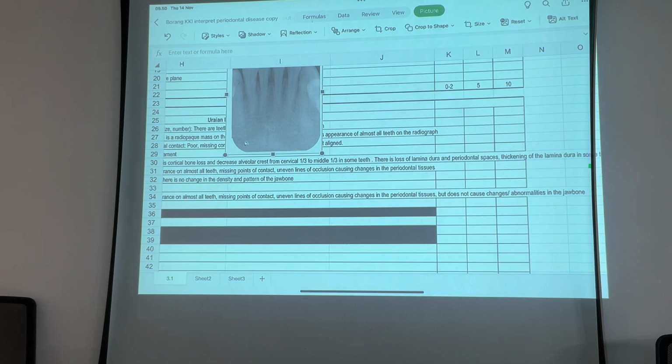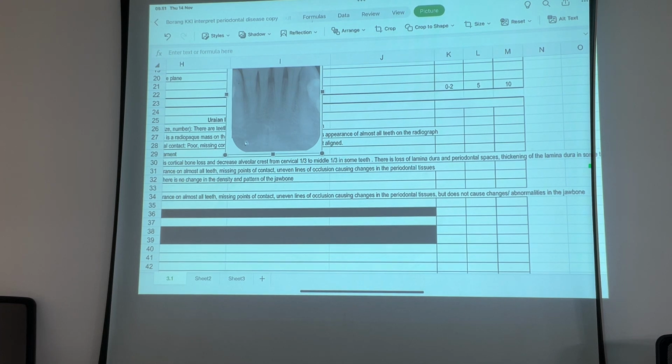That means if you see the periodontitis, then almost all the teeth have periodontitis, moderate or severe. That means you can assume maybe this patient has a generalized periodontitis. Then in this case, you can write the object is not covered, but it still can be interpreted. Because on the specific view, you only focus on the one tooth.